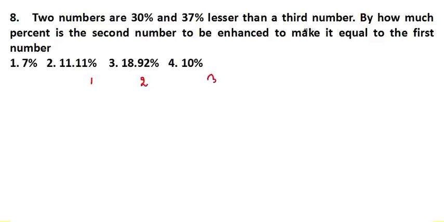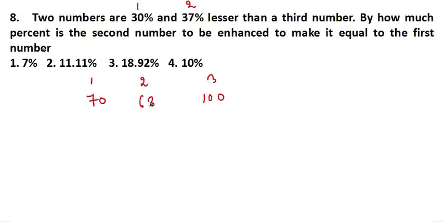Third number is not given, so I can assume the third number to be 100. The first number is less than the third number by 30%, means it will be 70, and the second number is less than the third number by 37%, means it will be